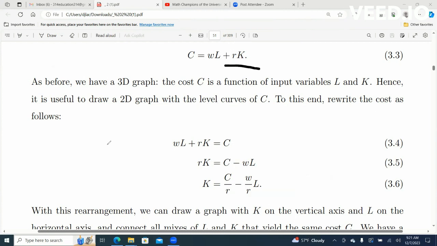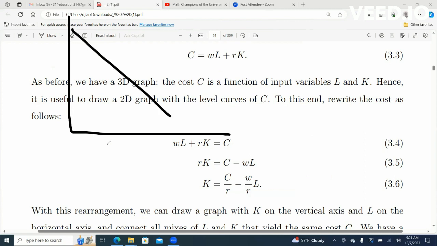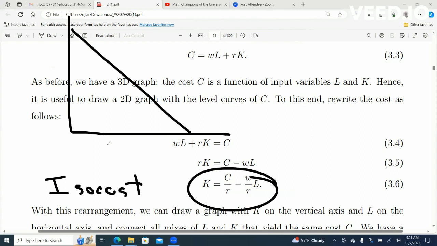Okay, so we have the cost function, and then we go down here and they just algebraically solve it for K. Yeah, so what do we have? We have a y equals mx plus b. This is what's going to be called an isocost, the straight line. Specifically, this is the isocost, where the vertical axis, the y-axis, is going to be